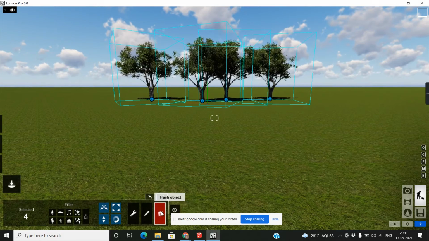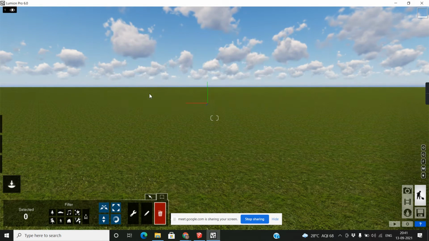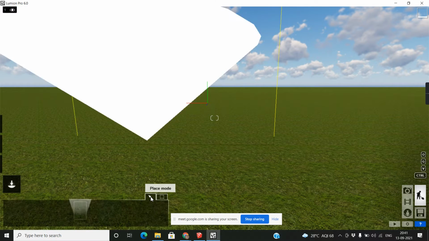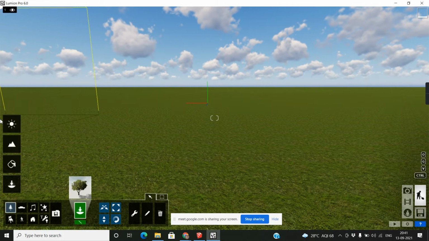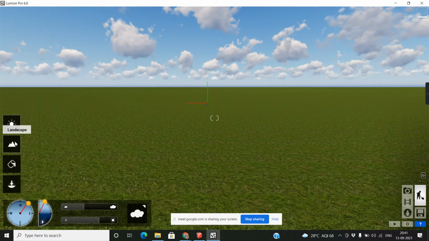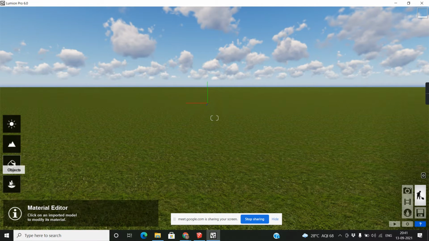Just select and delete. Initially I start with how we can use and control this entire thing. First look, when I start Lumion, you will get this. This entire thing is the layer bar. Definitely you can use this layer bar. Apart from that, on the left hand side you have weather, landscape, material, and object.